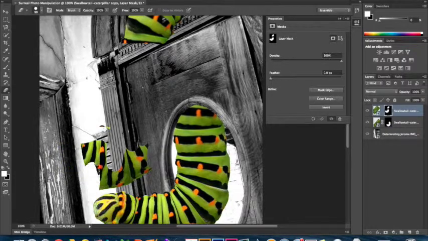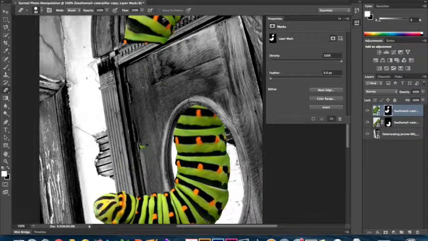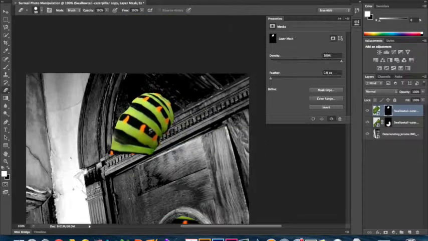So I'm going to go ahead and get rid of all of that. Okay, so this does need to be touched up a little bit. So again, I'm using my X to switch back and forth between modes to just touch up those edges. Okay, so I feel like that looks like a pretty good trim there. So I'm going to go ahead and lock my layer back together,